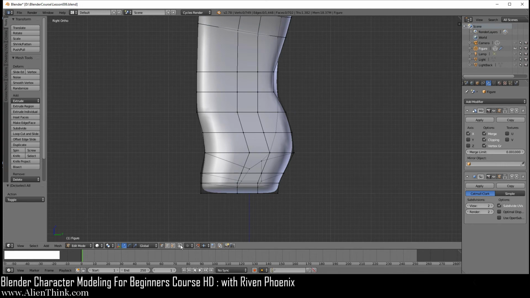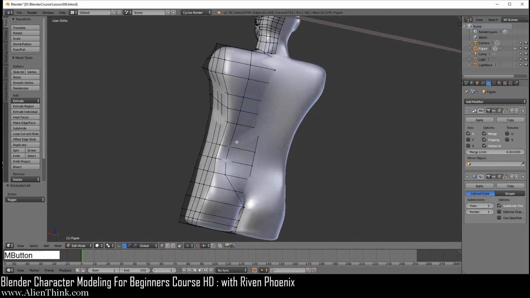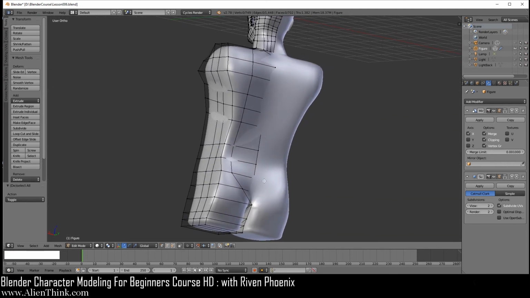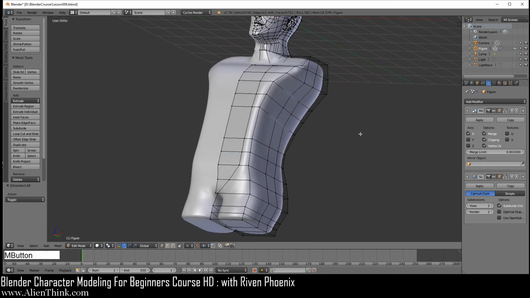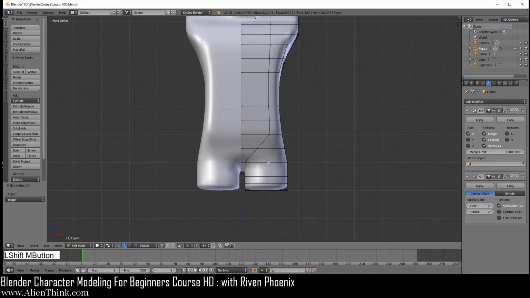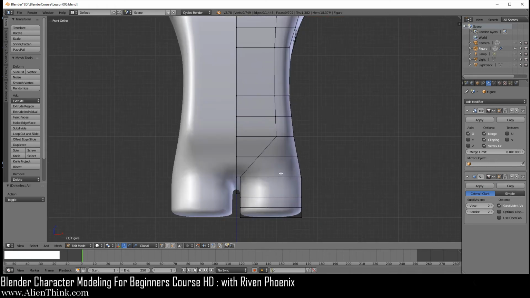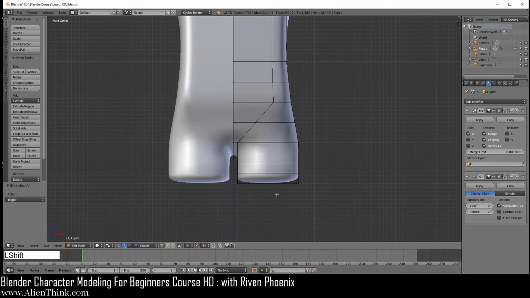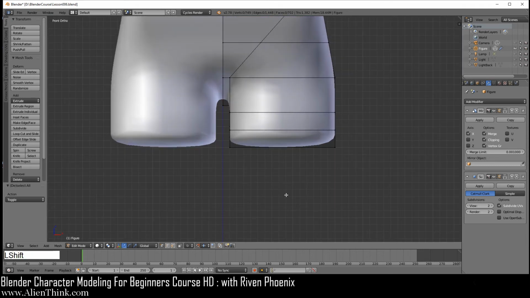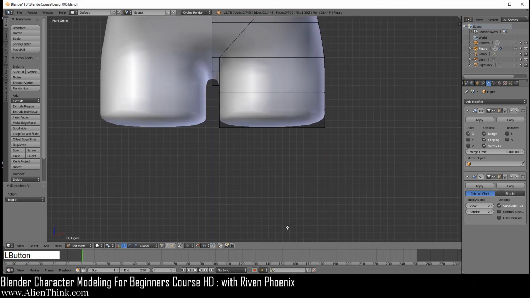So over here, if you click on this, you can see what we're doing is basically just defining the basic structure here of the buttocks. And here's going to be the pec muscles, crotch area, and now we're going to move on to the legs. Okay, so we have to get the basic structures down first before we can add any details. Okay, so now we're going to move on to the legs. Make sure you select on this again.